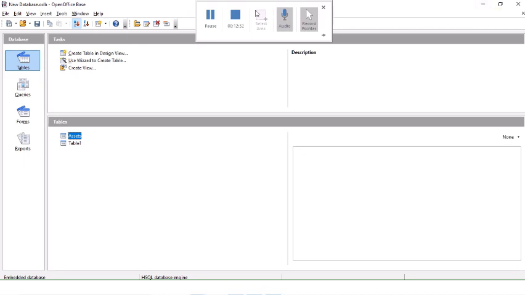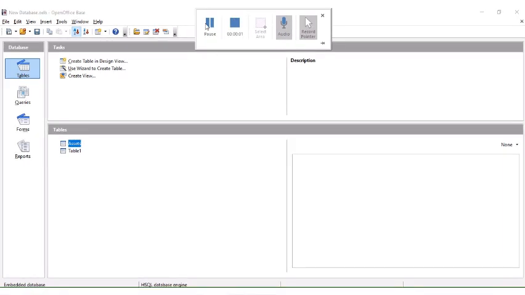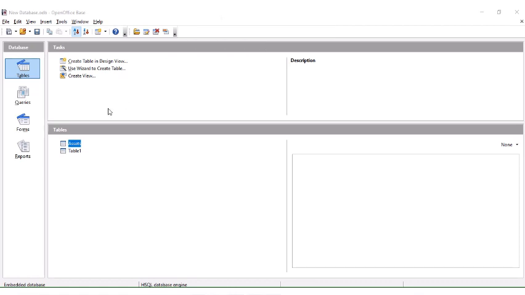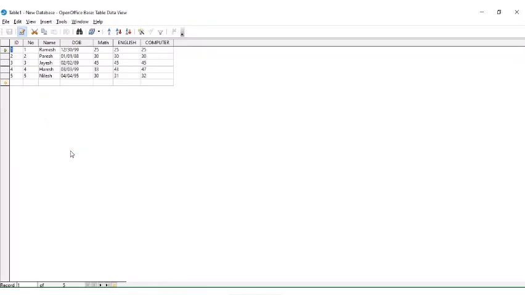Now let's see the next part. Next, let's learn how to enter or edit data if you want to re-enter it again. For example, I have this amount of data and I want to update or insert new data.